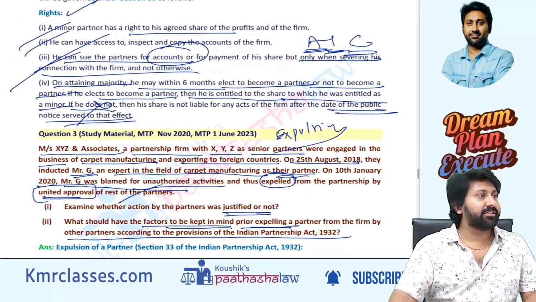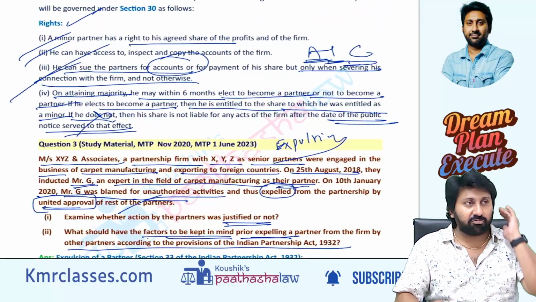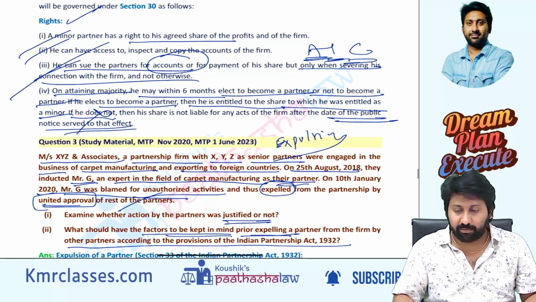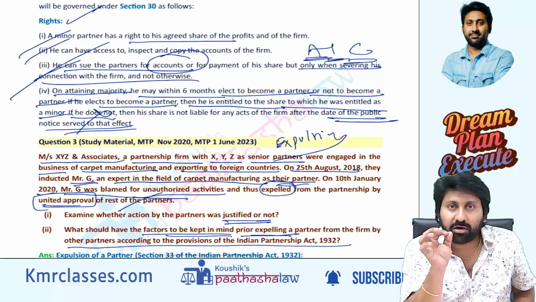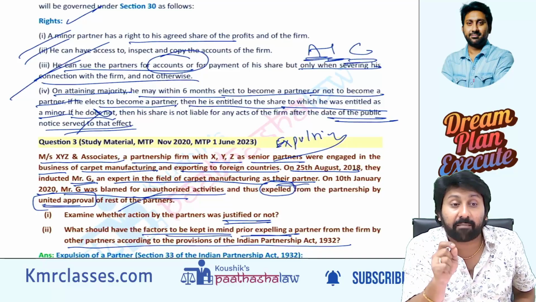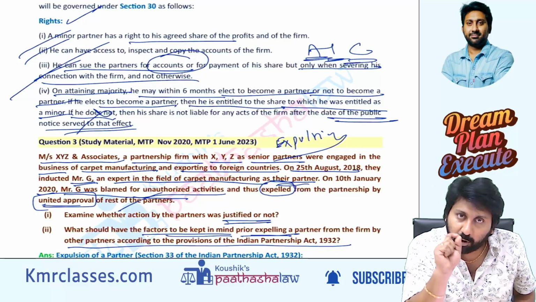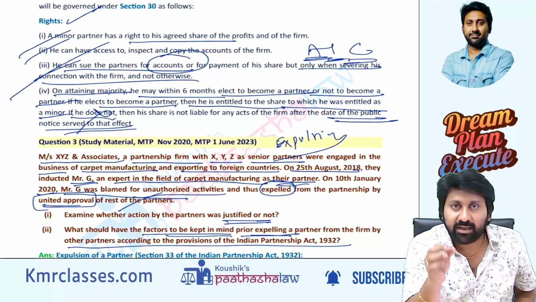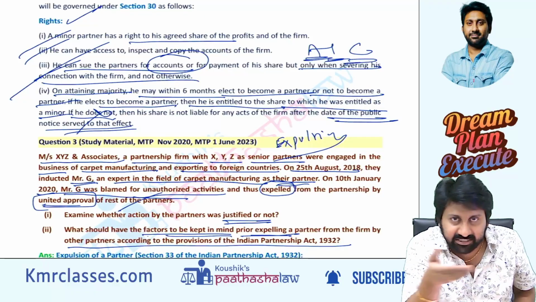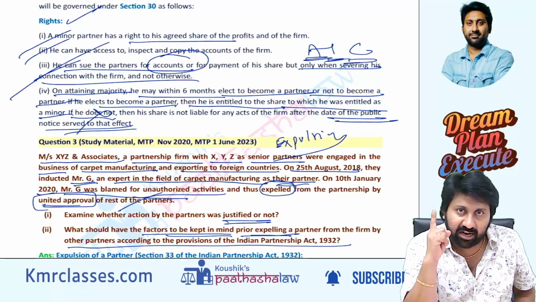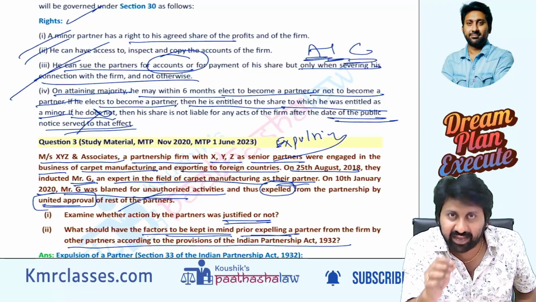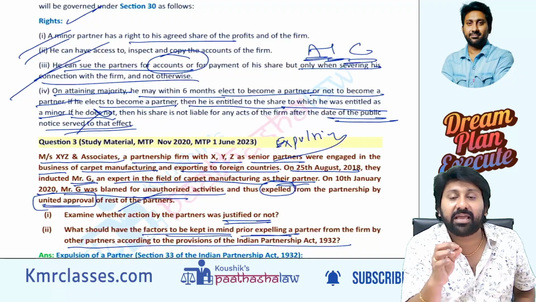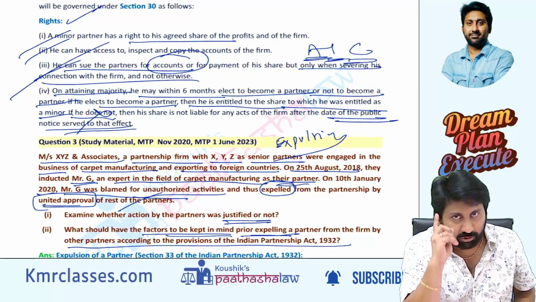So now the question is on expulsion. Whenever a question on expulsion comes, you have to remember 6 points. Number 1, in order to expel a partner, first in the partnership deed there must be a point on that, meaning there exists a contract. At the time of admitting a partner, the partnership deed will be rewritten, or originally we will write a partnership deed. In that you should clearly write that expulsion can be made in case of misbehavior or misconduct. First you have to write that as a contract.